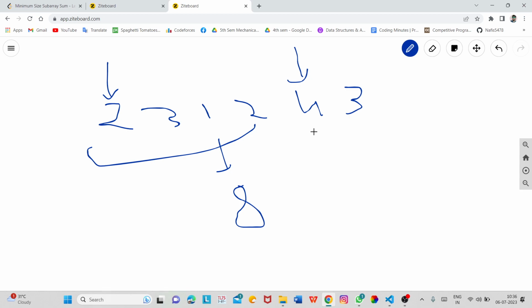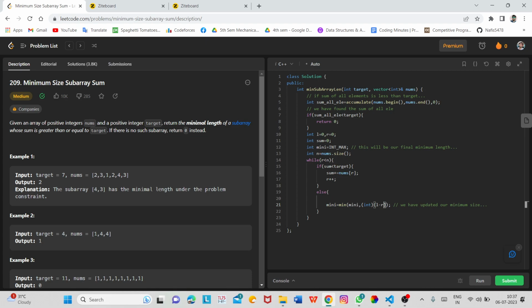So what should be our answer? Our answer should be from the 0th index to the 3rd index, but R is pointing towards the 4th index. For this reason our size will be nothing but R minus L. That's why I have written R minus L here. You can take your time to see how I have written it this way instead of R minus L plus 1.